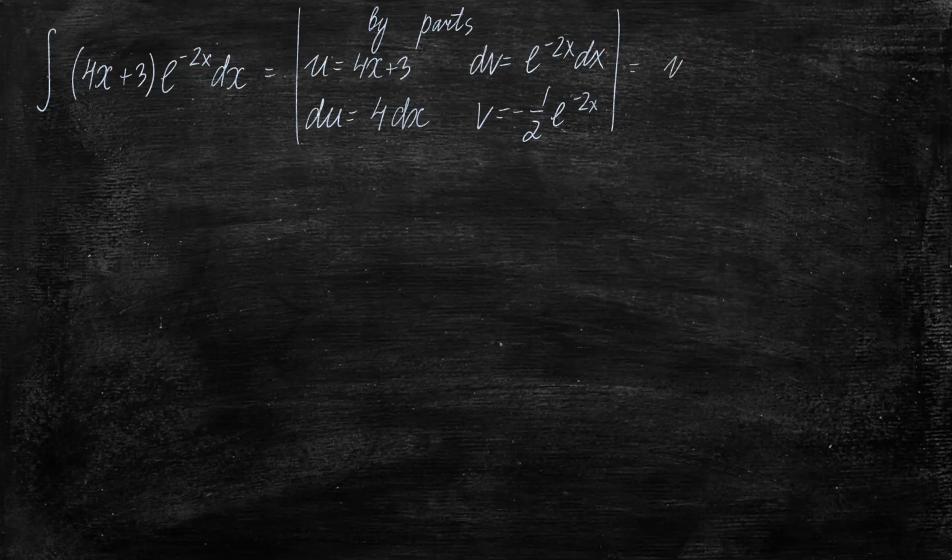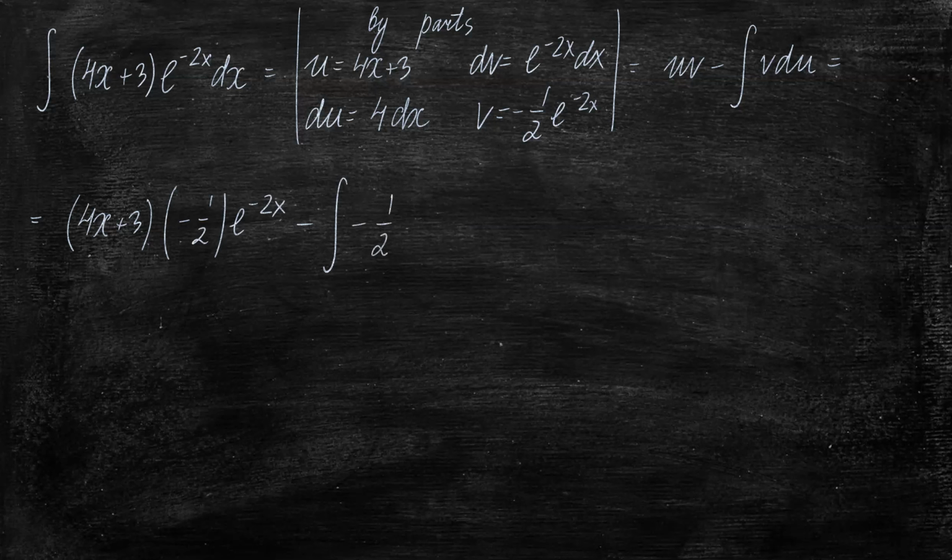And we're going to plug it into this integration by parts formula, uv minus integral v du. So we get 4x plus 3 times negative 1/2 e to the negative 2x, minus the integral of v, which is negative 1/2 e to the negative 2x,